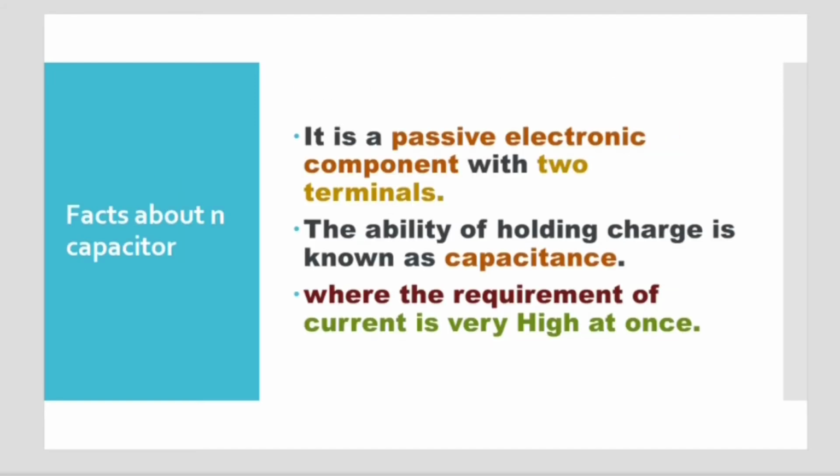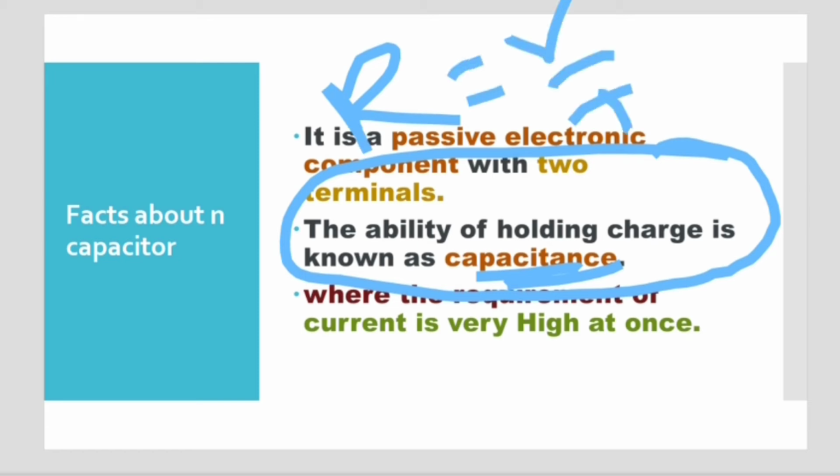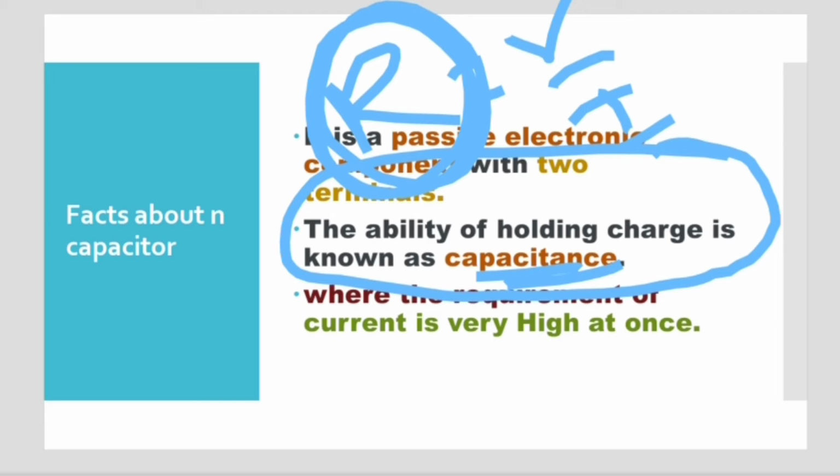Okay. Next is the ability of holding charge. The ability of holding the charge is also known as capacitance. Just like the resistor and resistance. What is resistance? This is the value of resistance, right? Just the relation between the capacitor and capacitance is similar to the relation between resistor and resistance. Okay, the same thing. If I am considering the resistance as the characteristic of, or the nature of, or it tells about the capability of a resistor, then also capacitance will tell you the ability of the capacitor.